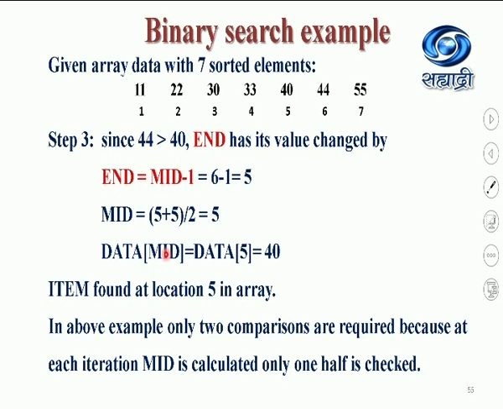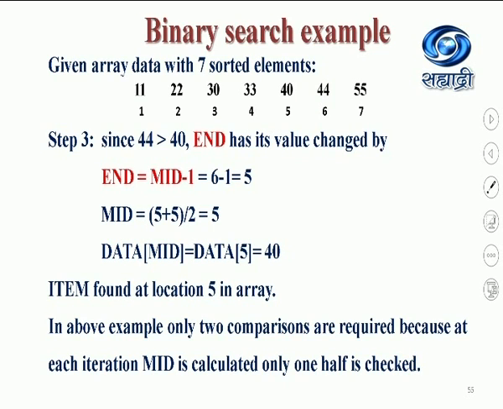So compare that data of 5 with your given key value. Data of 5 contains value 40 and your key element is also 40. So the item is found at location 5 in the array. So in the above example, only 2 comparisons are required because at each iteration mid is calculated, and only 1/2 is